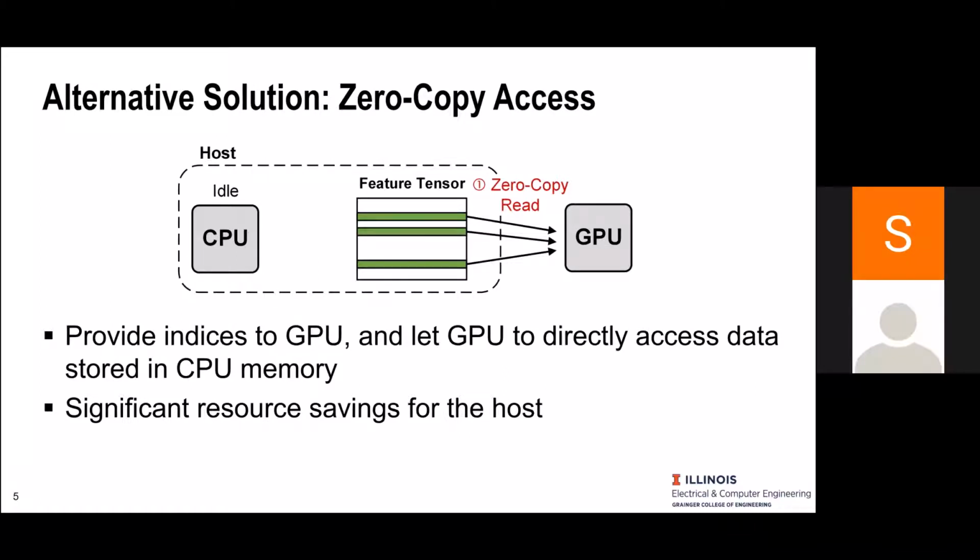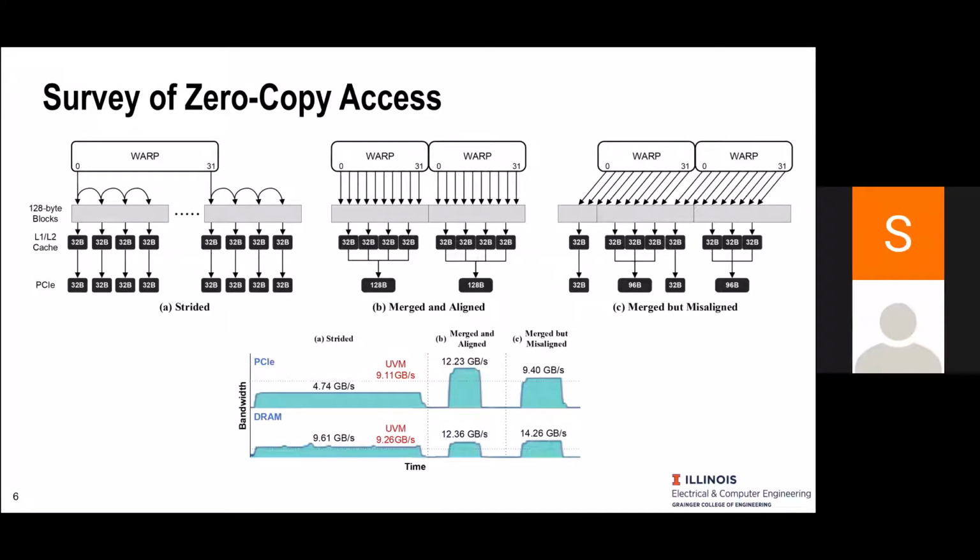In this case, we can significantly reduce the resource because now, again, the previously mentioned problem of 3 times data rating is gone. So now, before we actually start to apply the zero copy access, I'll briefly talk about the mechanism of zero copy access. The zero copy access, even if it's going to the host memory, the underlying mechanism is not so